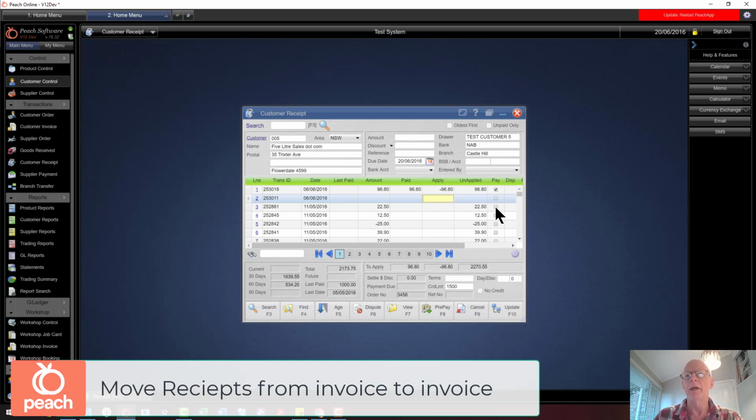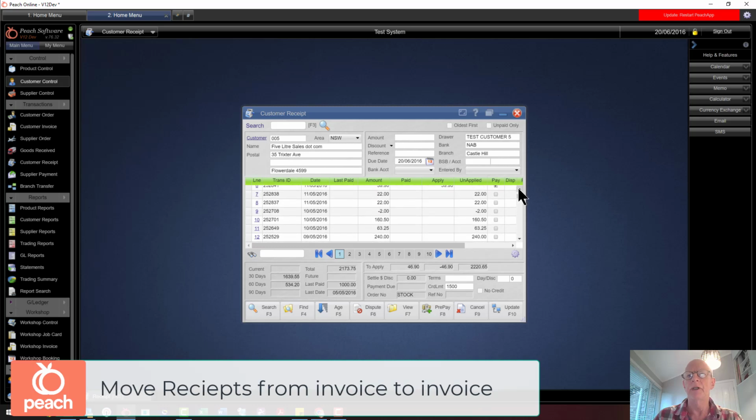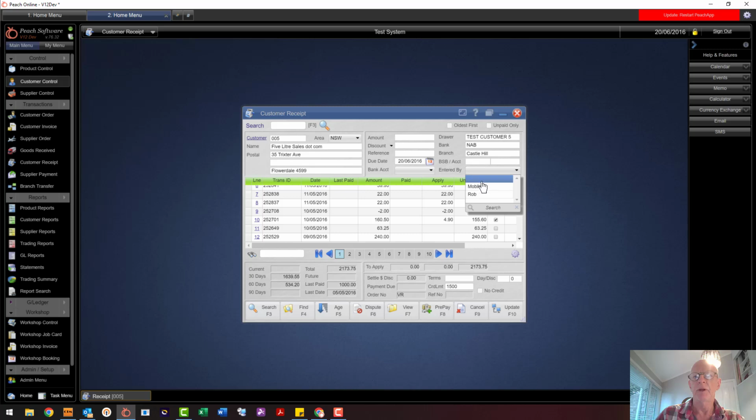So I can put that against this one, I'll put it against here. I might take up that minus 25 as well, and you can still see I've got $46.90. So it's actually recalculating everything as you go. Still got $4.90 to pay, so we just pay $4.90 against that invoice, and you can see how easy that is just to balance everything up